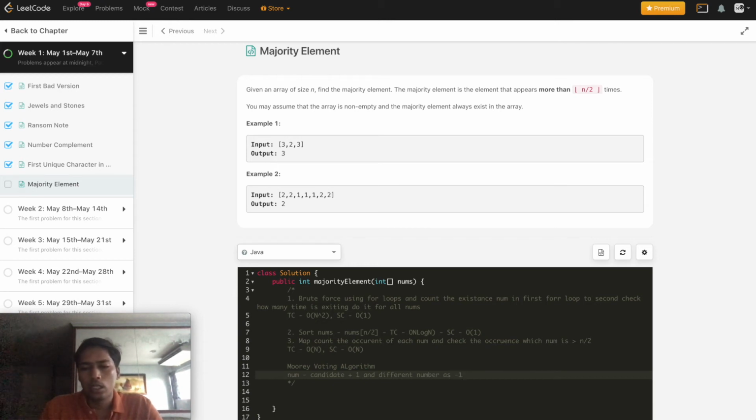So we change the count, and whenever the count becomes 0, we can ignore the array up to that index.